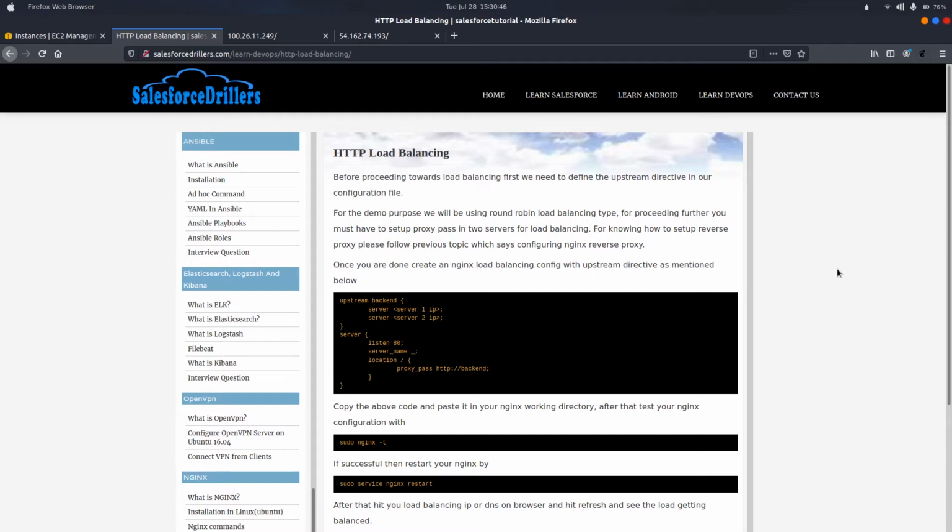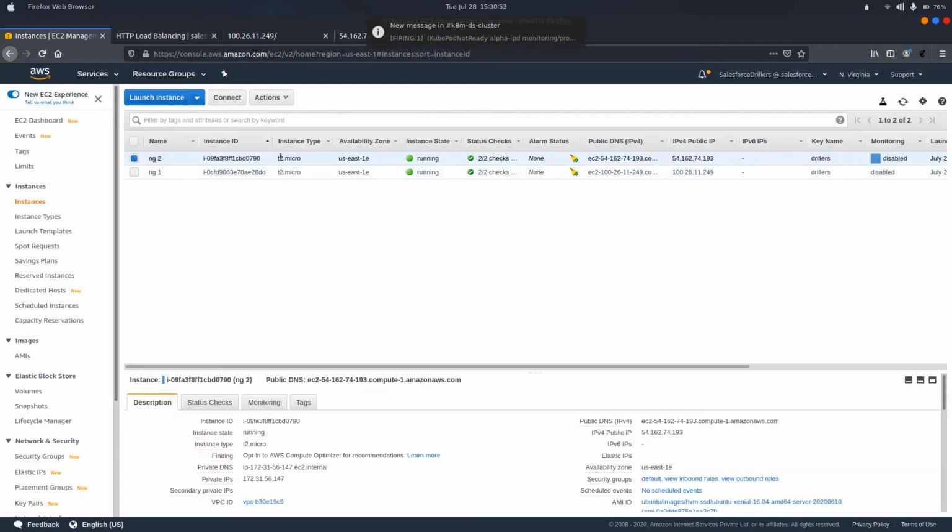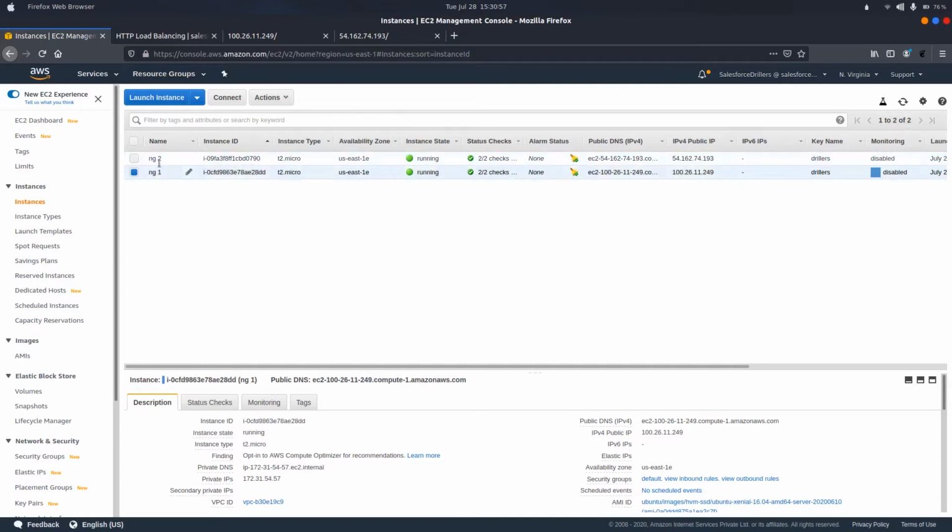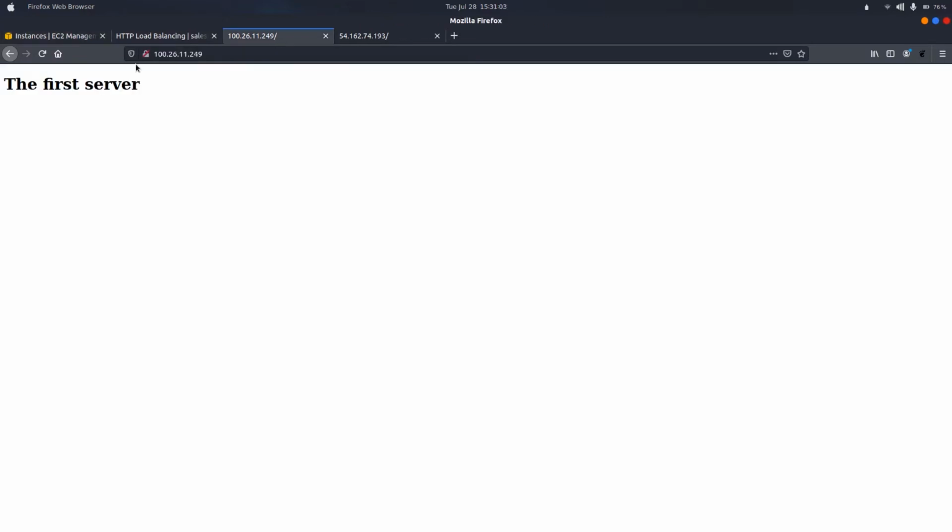So guys, for performing these operations you at least need two instances, or I can say two servers, and reverse proxy should be configured in both of these servers. For the demo I just have an index.html file which says "my first server" on my first instance and "my second server" on my second instance.